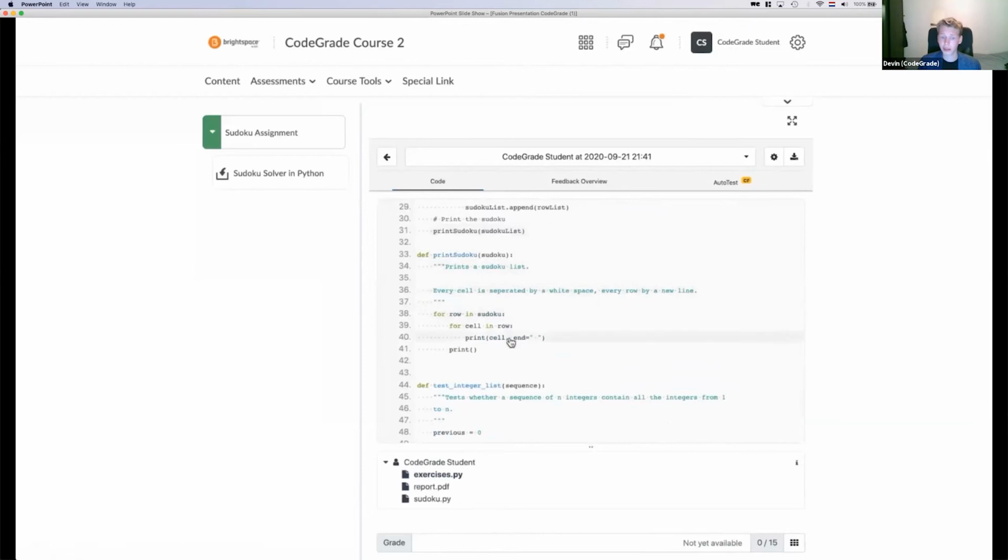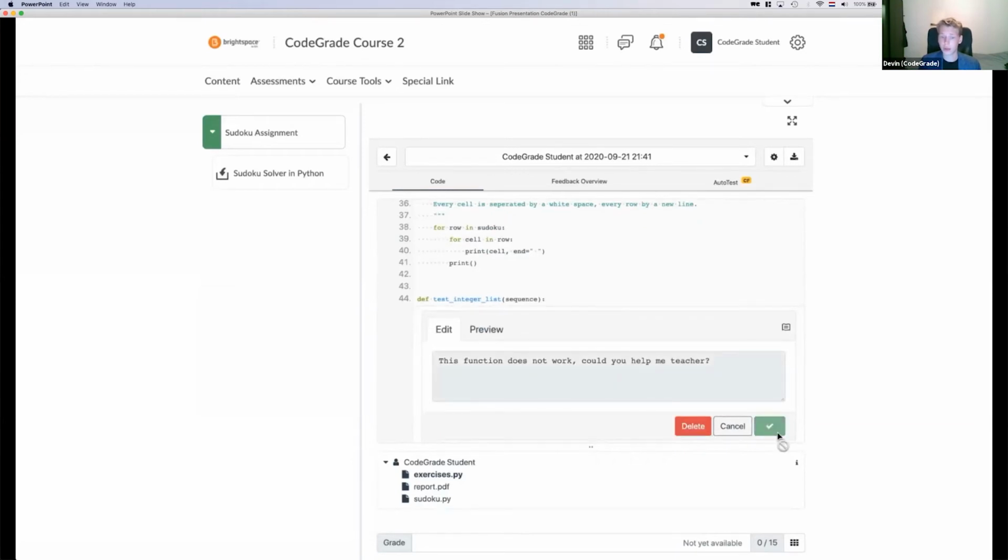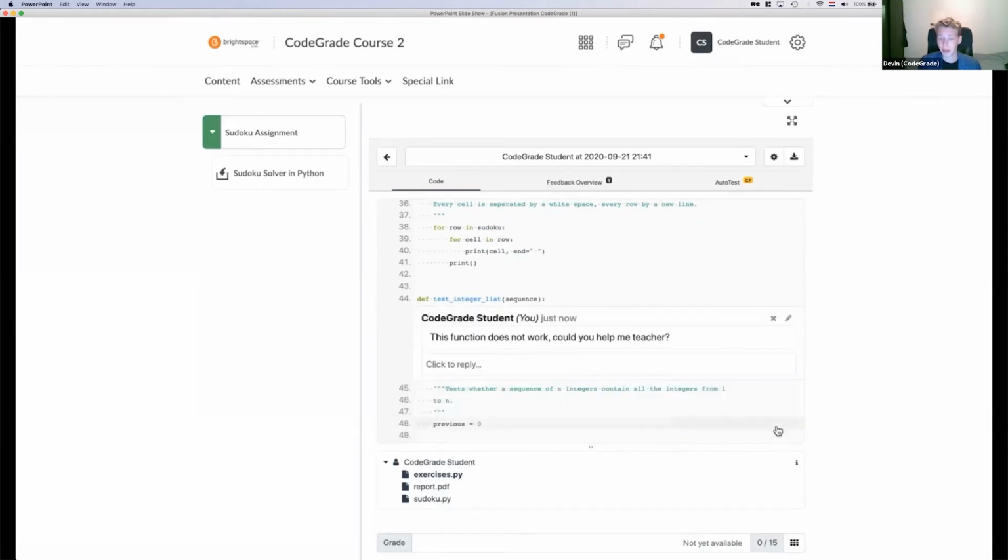If I get stuck, if I have a question, I can simply go to the code tab, click on any line of code, and ask a question about that line to my teacher. This really solves the hassle of sending source code back and forth and allows me to ask the question right where the problem is. So this is the student workflow now. If I want, I can go back and hand in again, but if I'm satisfied,